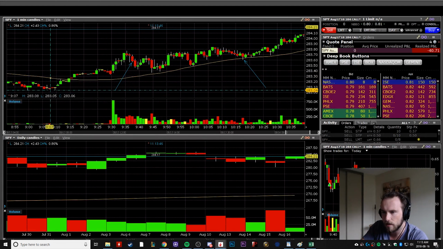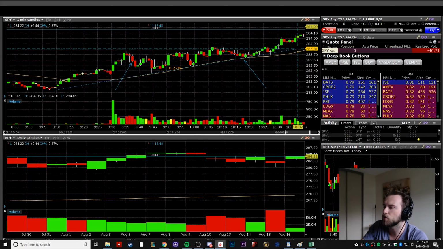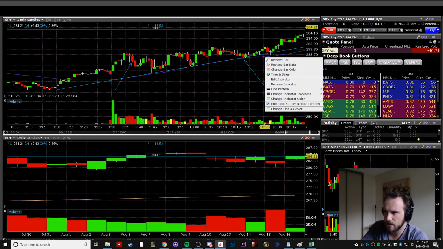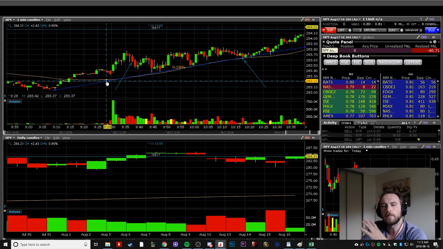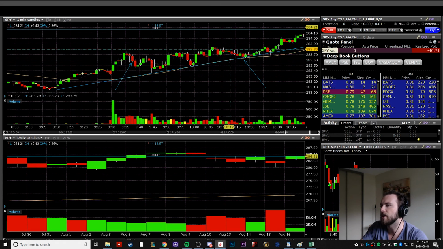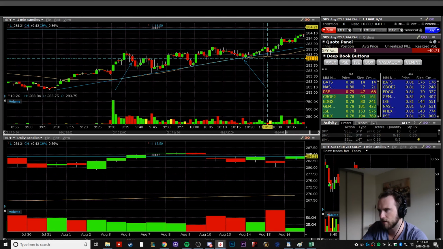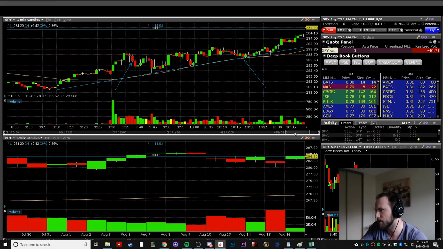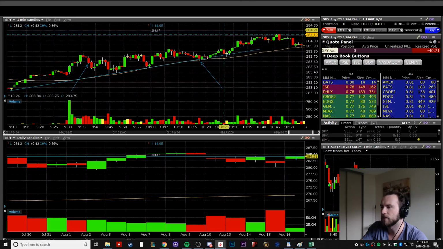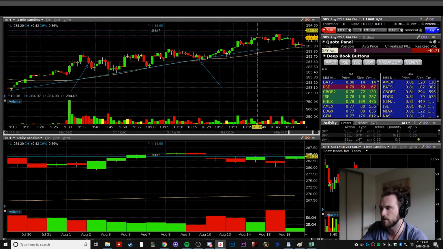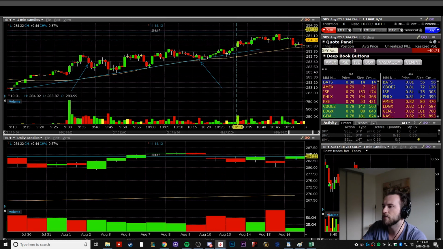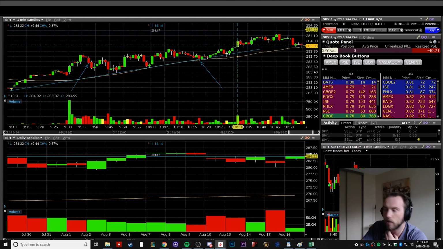I didn't take into account this amazing looking trend line right here. We're on this moving average right here, which isn't as important, but it's just showing an uptrend. It's showing higher lows and higher highs. And sure enough, right after that, we kept going all the way to my target. I was going to sell at 284 because I didn't know if we'd make it all the way to 217. I liked the number 284, so I might have sold in here or somewhere in here. So I would have had a nice winner.